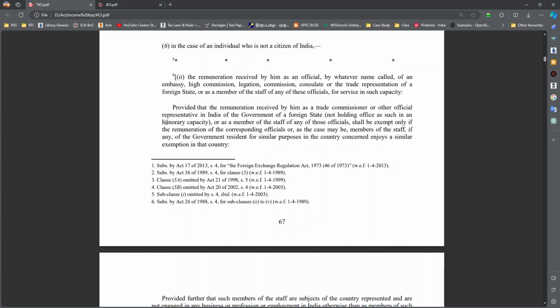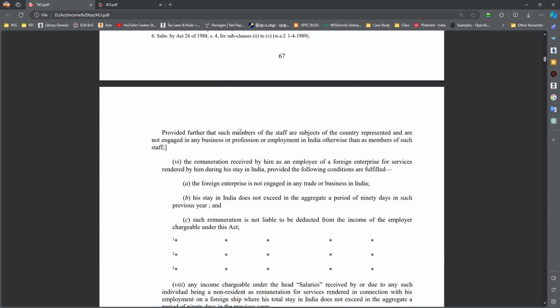So this act says even though you are in another country representing in our country and you are getting some commission on this trade, it is exempted only in the same country. The DTA provision applies. If not, you need to pay tax. Provided further, such members of the staff are subjects of the country represented and are not engaged in any business or professional employment in India otherwise than as a member of the staff. So you want to clearly say, even though you get the commission, that is only exempted when you don't practice anything, because even though you provide the service, if you have a professional employment in India otherwise than as a member, then